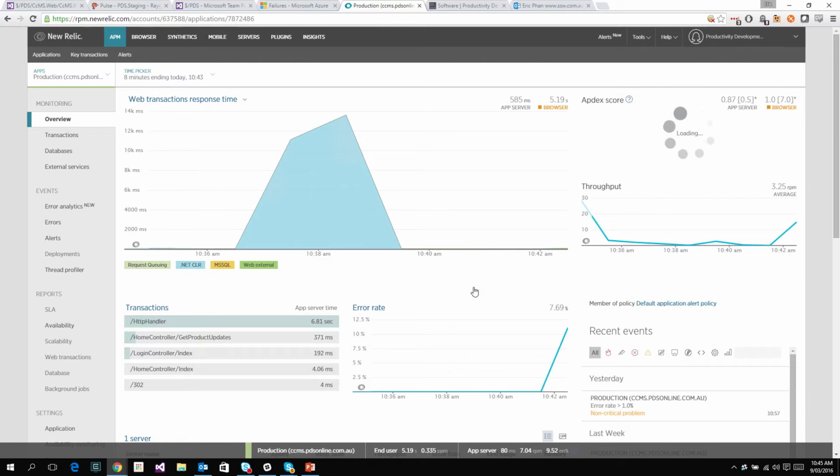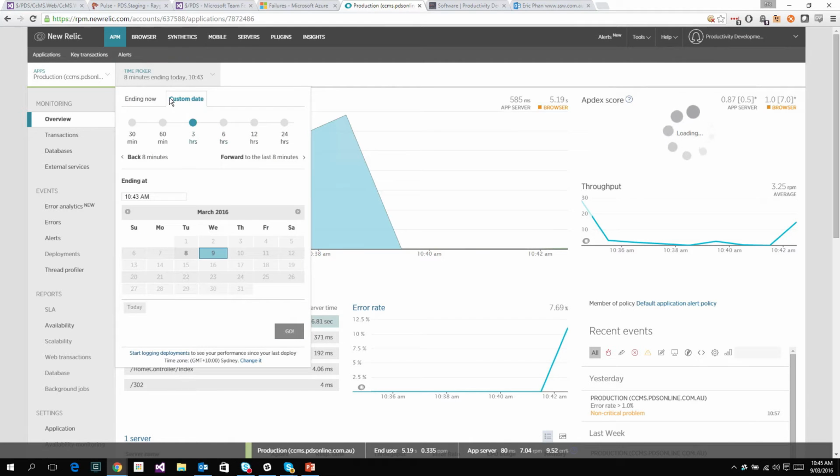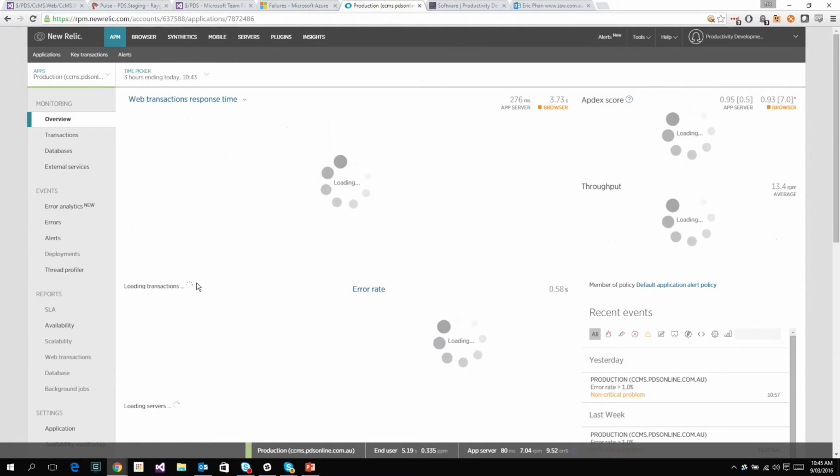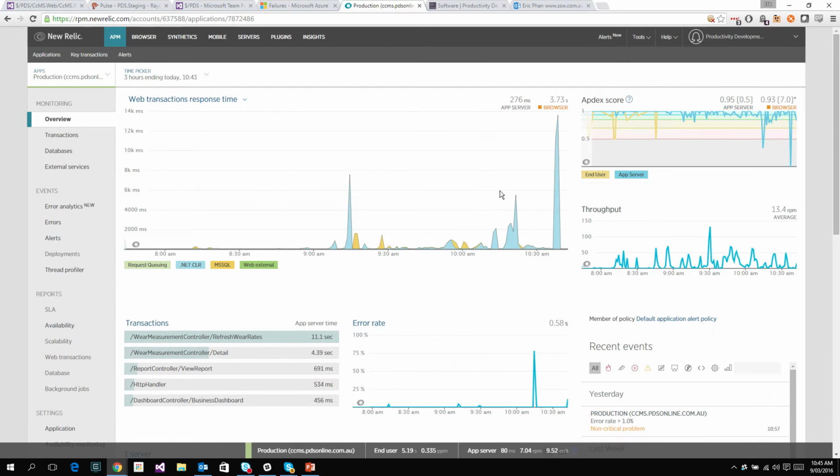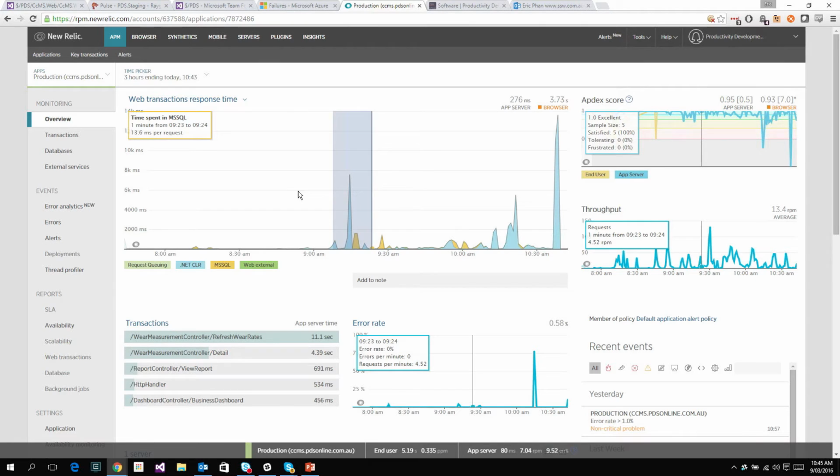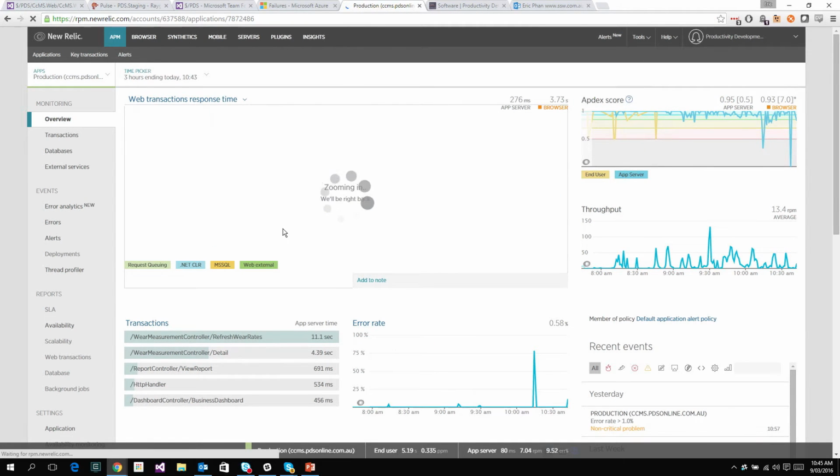What's causing that spike? There's an HTTP handler; that's probably the actual app spinning up. If I go back to, say, 3 hours, you can track recent alerts and see how many active sessions there are. If we go down to this spike here and look at what's going on there, it gives you